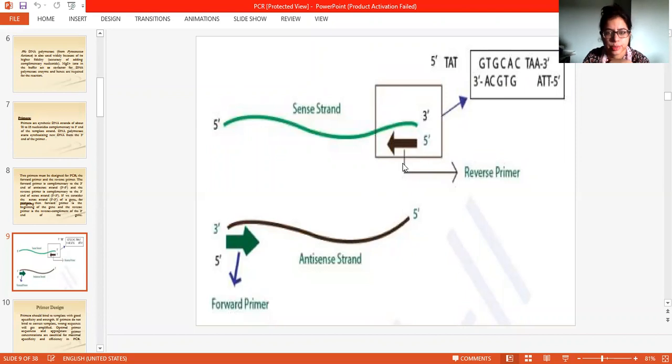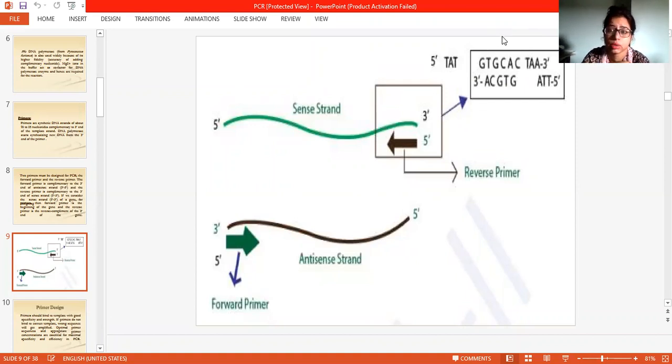This is the reverse primer, which attaches and does the complementary pairing with the 3' end of the sense strand. On the other hand, the forward primer comes here and does the complementary pairing with the 3' end of the antisense strand.